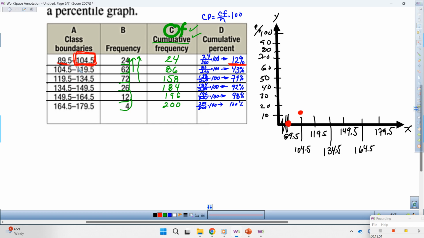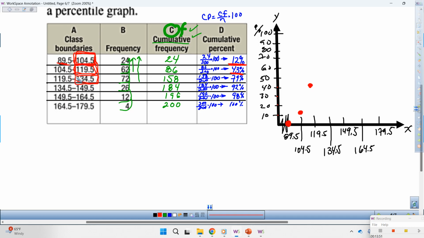Next one is 119.5. 119.5 corresponds to 43. So let me go to 43. 10, 20, 30, 43, a little bit further up. So that goes to 119.5. There it is. Next one,